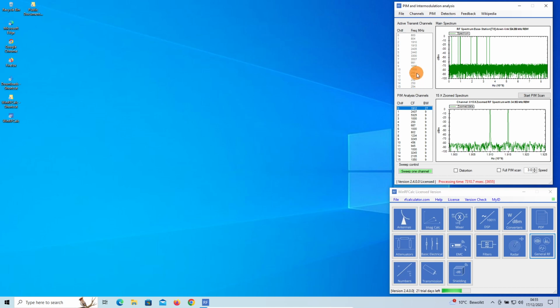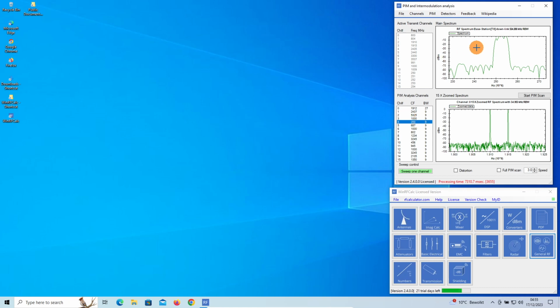In the low range here, between 250 and 254, we have in total 5 channels. Let's zoom in on that 250 megahertz here. What becomes clear, because of that resolution and that wide frequency span, is that you cannot really discriminate between all these frequencies. It's very difficult. Now, if we select, for example, the analysis channel 253 megahertz in a 9 megahertz span, just click on it, then the calculations are redone.